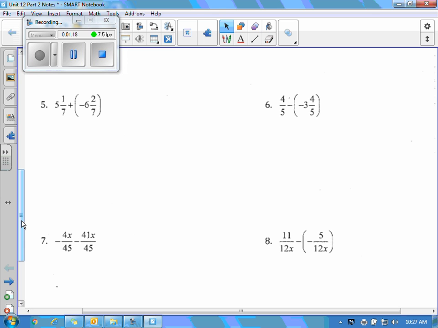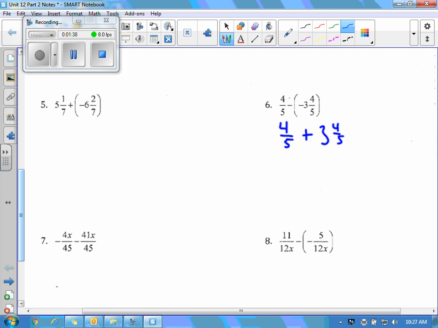Skipping down to 5 and 6, just a little bit harder because we have mixed numbers. So there's a couple ways you could do this. I'm going to do number 6. I'll show you 2 ways to do it. You can pick whichever way you want. First off, since I'm subtracting a negative, I can go ahead and just switch this to plus 3 and 4